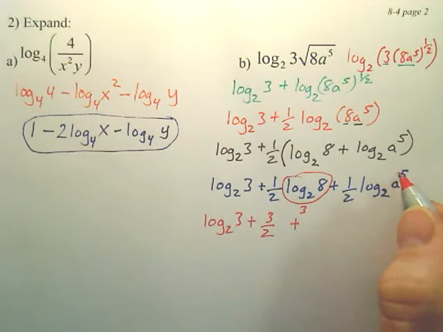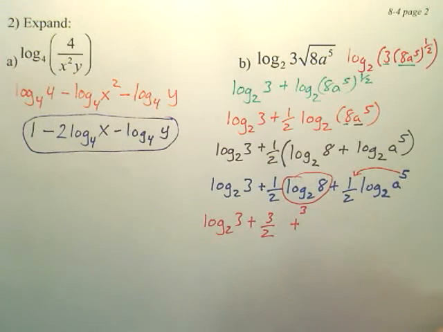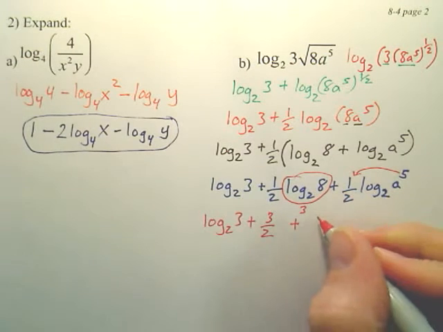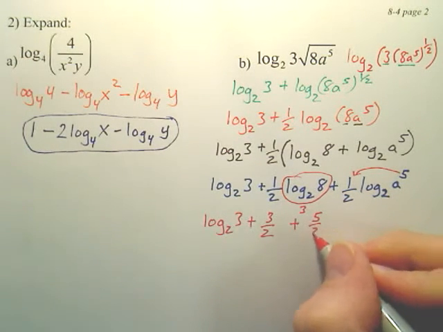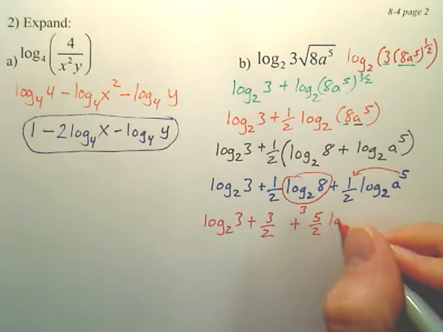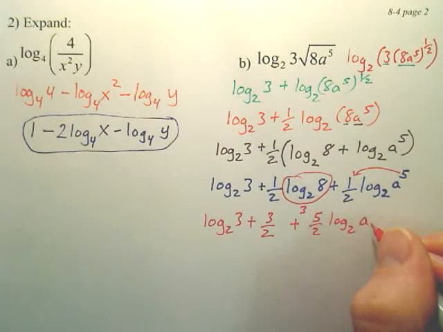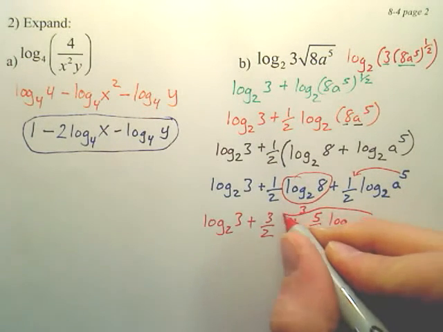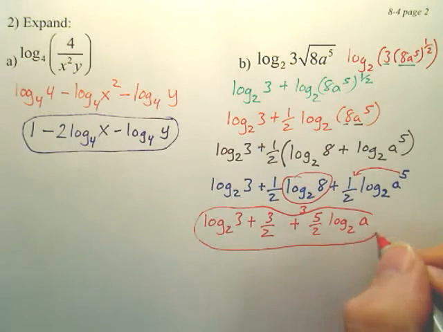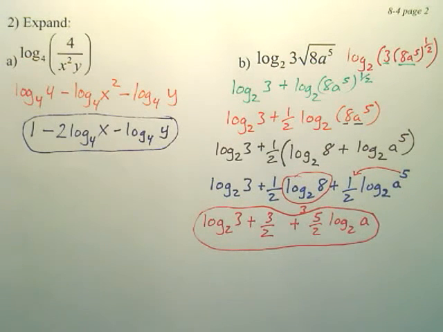And isn't this 5 going to jump up here? Aren't you going to take that 5 and multiply it by the 1/2? So what's 5 times 1/2? It's 5 over 2 log base 2, A. There's your answer. Again, that's this. This piece is 3. 3 times 1/2 is 3 over 2. This, the 5 jumps up front, multiplies by the 1/2. That is a rather difficult